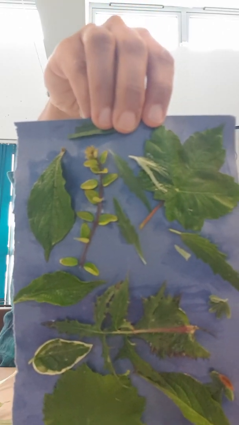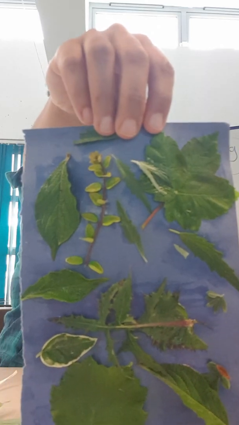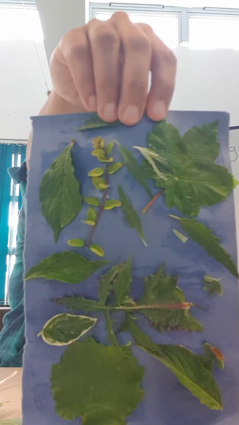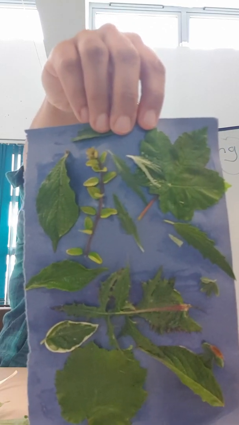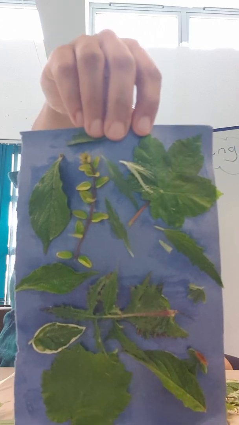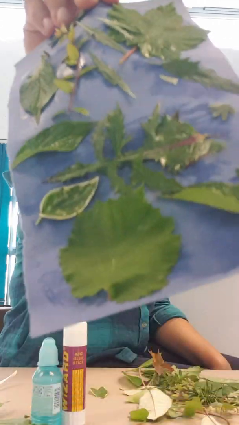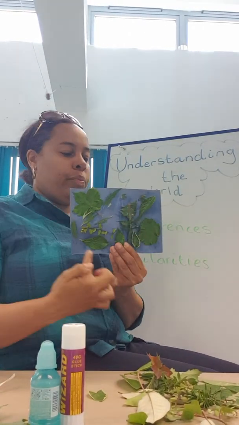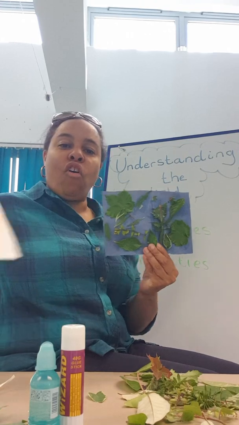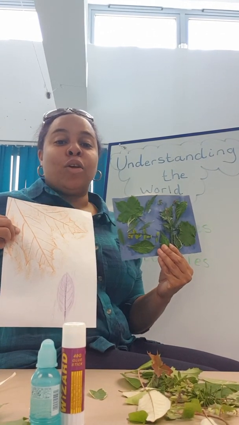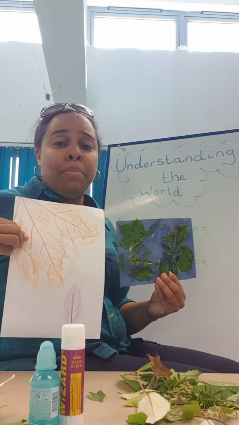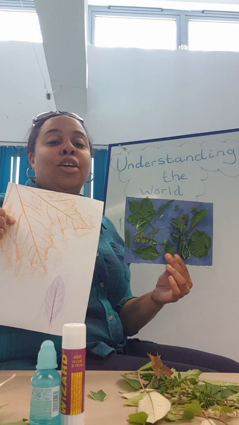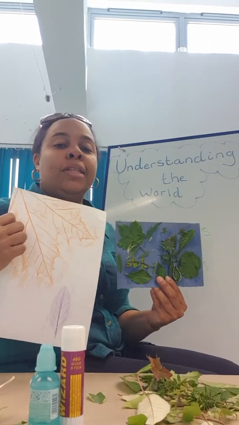Now have another look. Can you find 2 leaves that look similar? Maybe they have the same number of sides. Maybe they are the same colour or the same shape. So you have a choice. You can make a collage or a leaf rubbing. So you can choose which one you would like to make, or maybe you would love to use both of them. So I would like you to do that, and then it will be great if you could send me